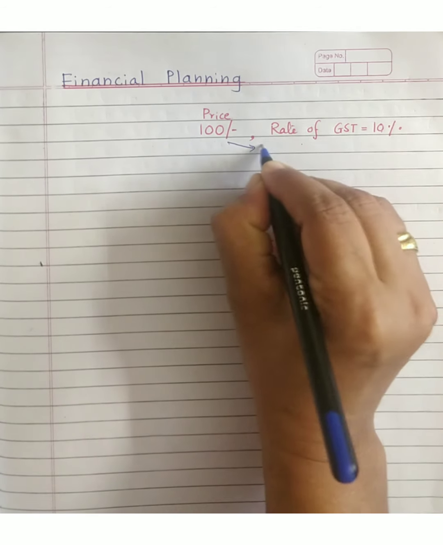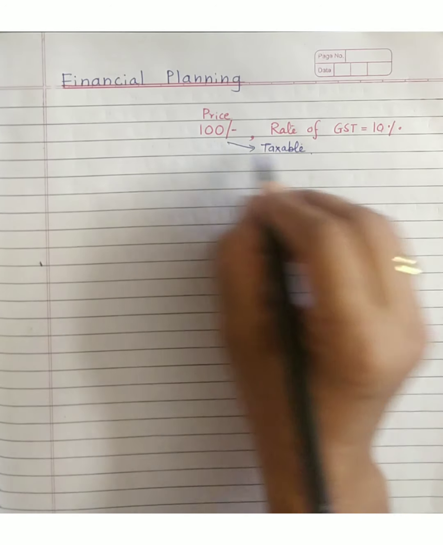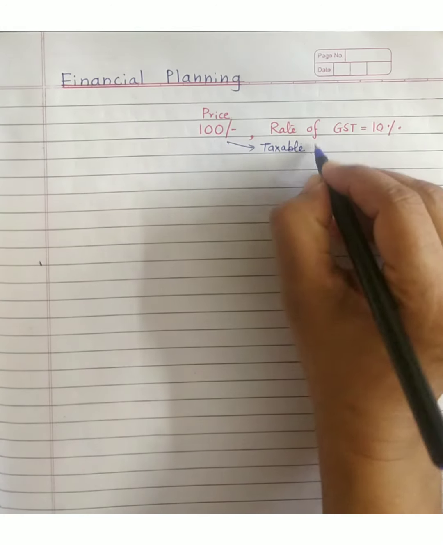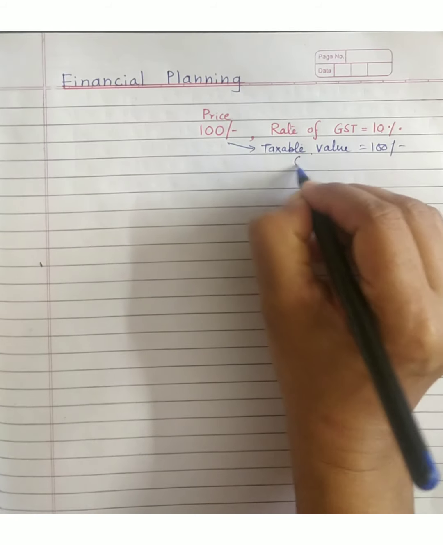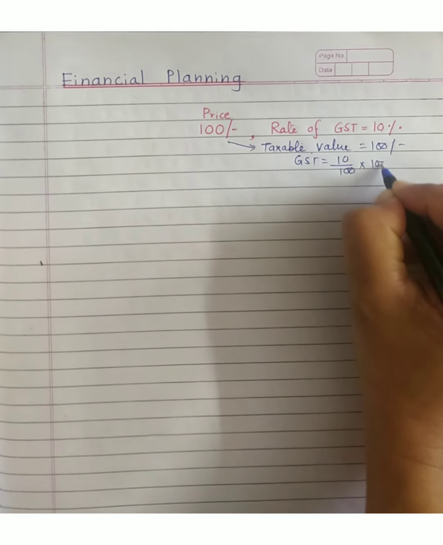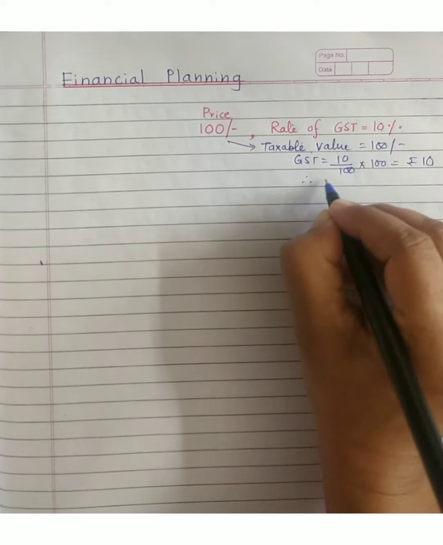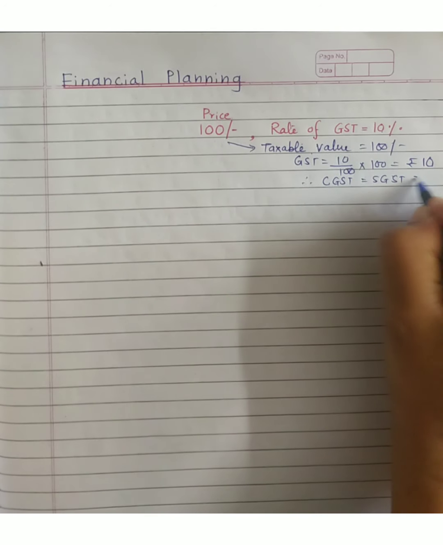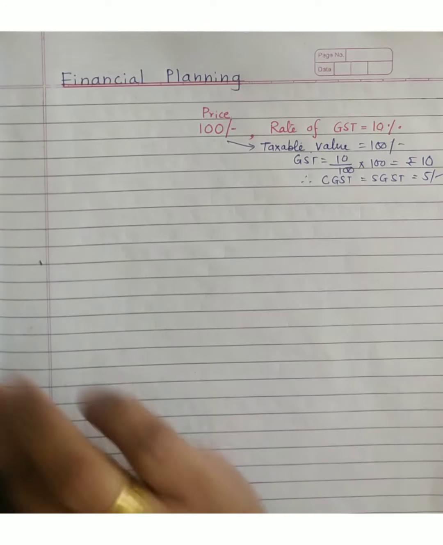So if the taxable value is clear to you in the question itself, if the statement is made that it is available for rupees 100 on which tax will be charged, that is the way you have to understand the language. Then immediately write down there: taxable value 100. The rate of GST is 10%, so you calculate GST at 10%. 10% means 10 upon 100. What is GST? Rupees 10. And so CGST and SGST also come out very fast. That will be half of GST, that is rupees 5. Clear? When it is clear that 100 is our taxable value.